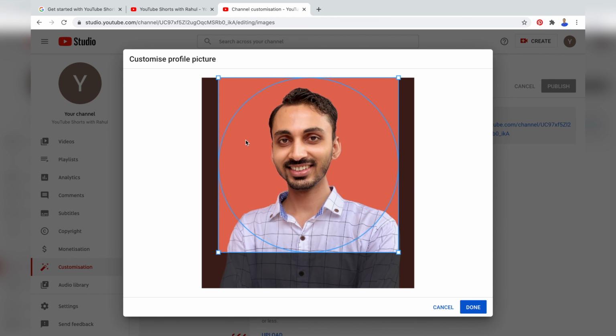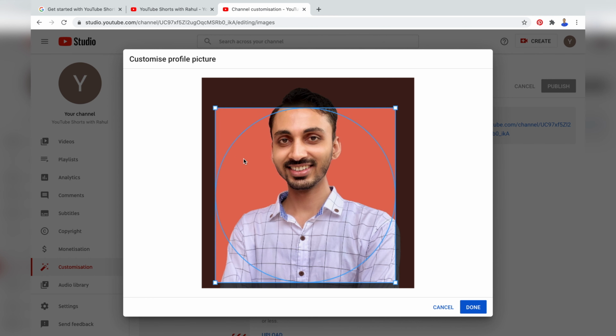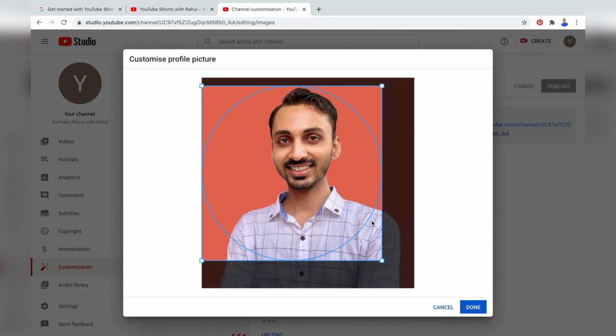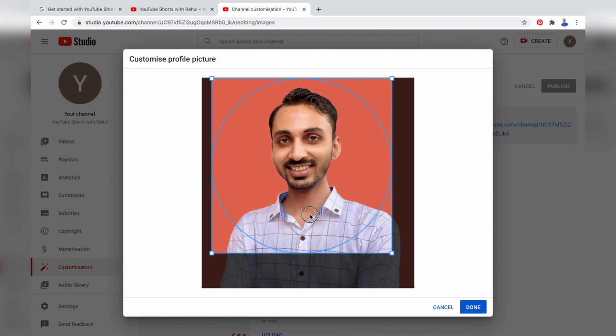So you have to ensure that your picture fits perfectly within that. If it is down, then it will cut the top portion, or if it is on the left, then it will cut the right portion, which wouldn't look perfect. So you have to ensure that you are adjusting it perfectly to look good on a small screen as well.